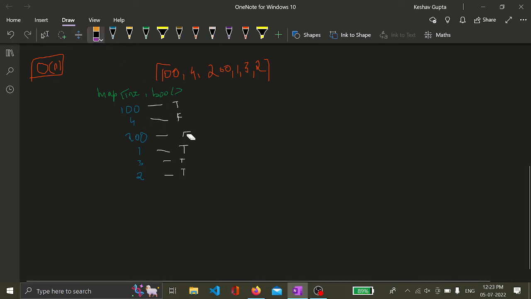I think I have made a mistake here. It will be false here because none does not exist here. And now we will check whether 3 minus 1, 2, exists in the hash map. Yes, 2 exists in the hash map, so it cannot be the first element of the sequence, so it will be initialized to false. Now we'll check whether 2 minus 1, 1, exists in the hash map. Yes, 1 exists in the hash map, so it cannot be the first element of the sequence, so it will